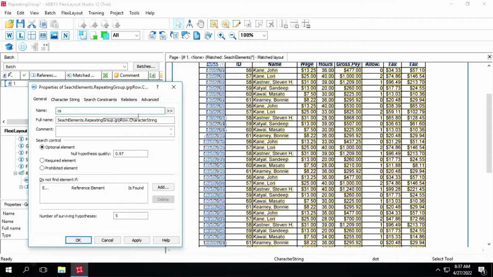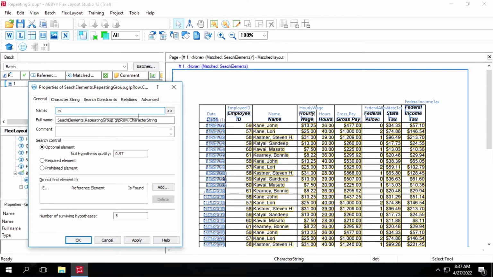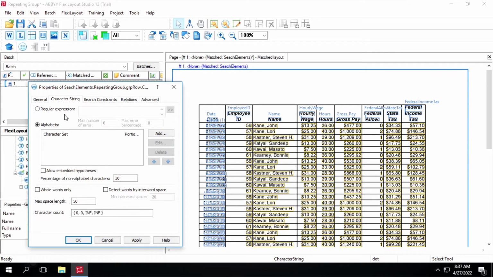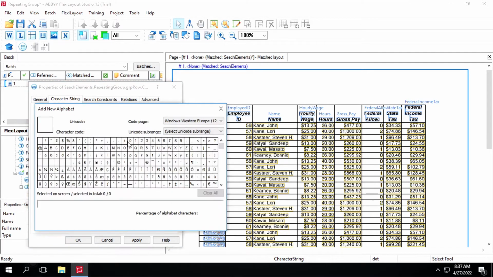So I'll give name as CS employee ID, EMP ID, and inside this character string tab we'll select only numbers. I will click on add and here I will select this number. I will click on OK